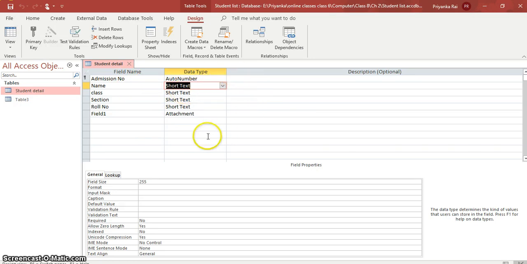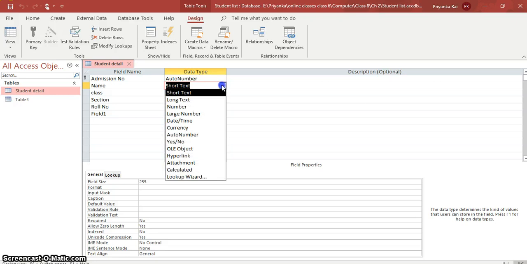Now let us see the different data types. So we have text. We can choose text, short text. And this is a general field. Basically we use this field more because you can type letters also, numbers also. The numbers which you are not using for calculations, like the pin code, if you want to type the pin code, or the telephone numbers. So we use the field text, short text, and it has a limit of 255 characters. You can type only 255 characters in this field.